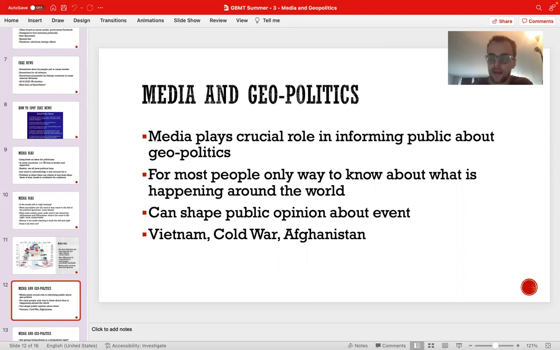The Vietnam War, the Cold War, the Afghanistan War, these events were all covered, and the media helped shape public opinion regarding such events. For example, the media's role in covering the atrocities of the United States during the Vietnam War, specifically the My Lai massacre and the reporting of Seymour Hersh, helped drive Americans away from supporting the war at home. Similarly, public opinion about the Afghanistan conflict became increasingly critical as journalists exposed key issues regarding the scope and cost of this mission, leading to the end of the war.